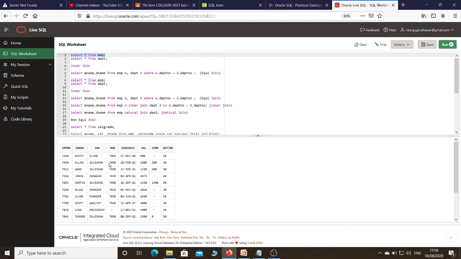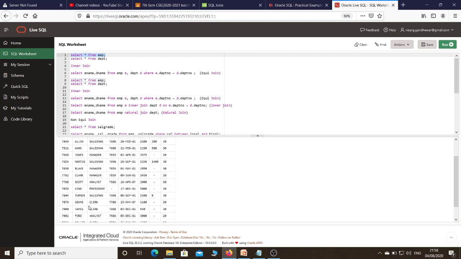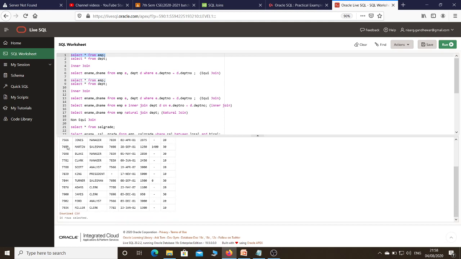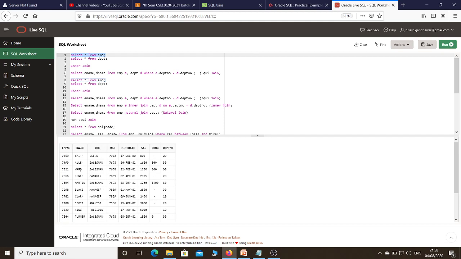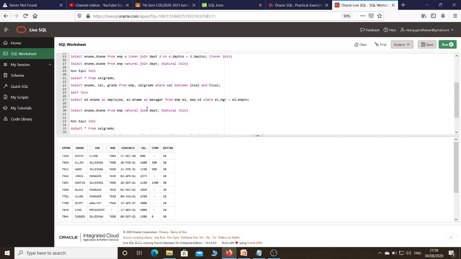So similarly this data will show for Smith, Ford is a manager. Then for Alan, what is the name of the manager? 7698. This is an employee number. 7698 is Blake. So Blake is a manager for Alan. So in this case, what is my problem statement? My problem statement is simple: I need to display employee name along with their manager. Means I want the employee name Smith and manager name Ford. But in this case directly the name of the manager is not given, but what is given? MGR. That is a code, an employee number, given in this particular table.